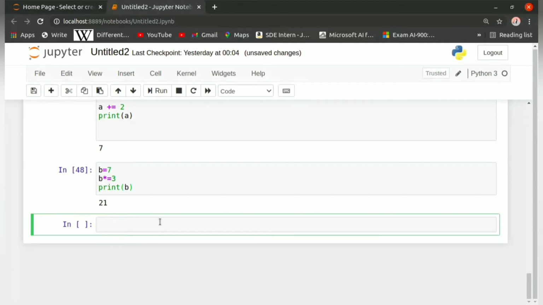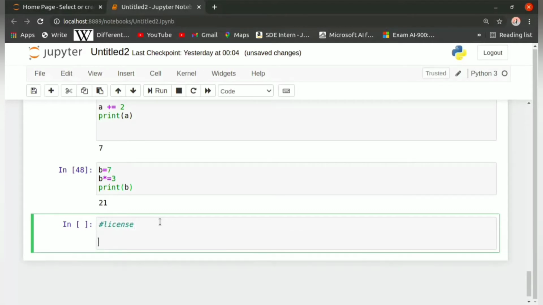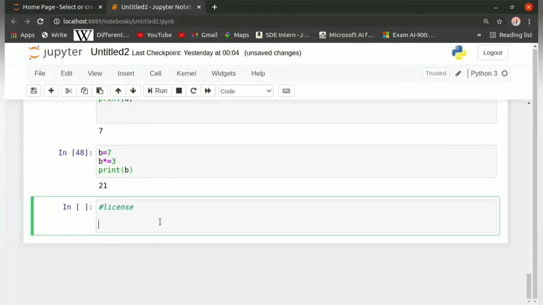Let us take another situation in which you have to give a license to a particular user. Suppose the user inputs 14. He or she is not eligible for the license because the minimum age for a license is 18. So you'll check that if the age given by the user is equal to or greater than 18, then only you'll assign a license to that user, and if not, then you are not going to give the license to them.